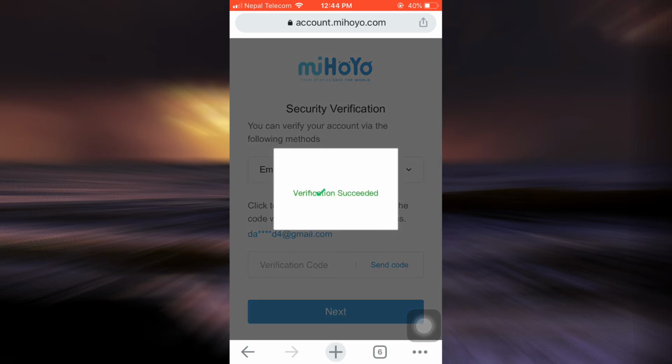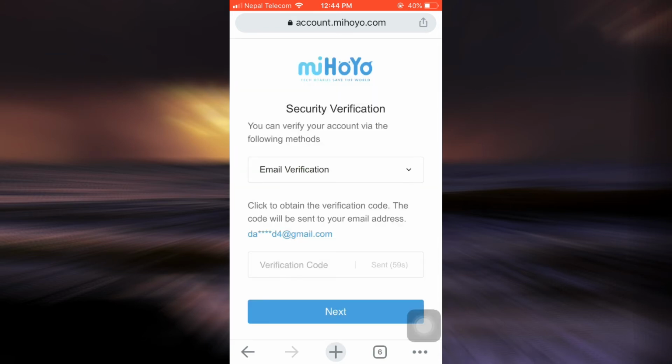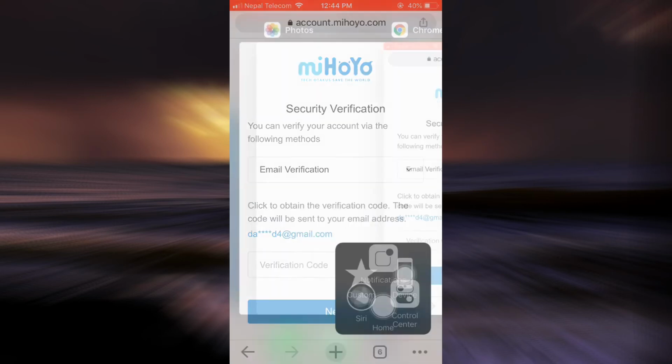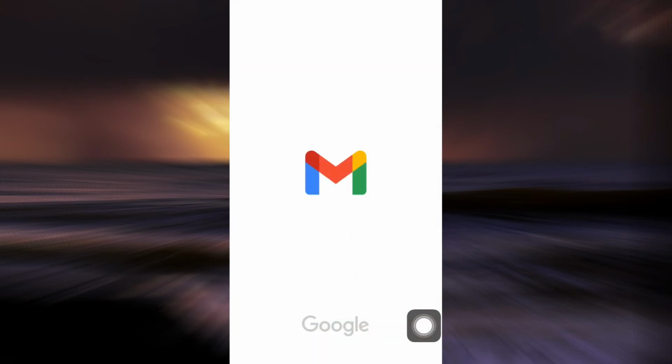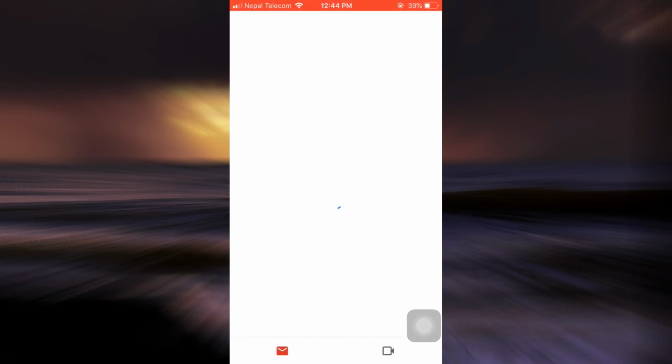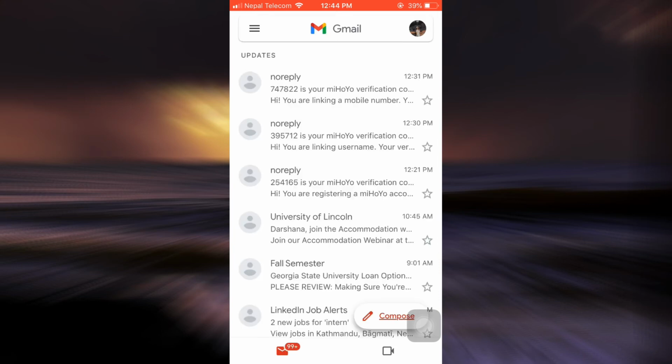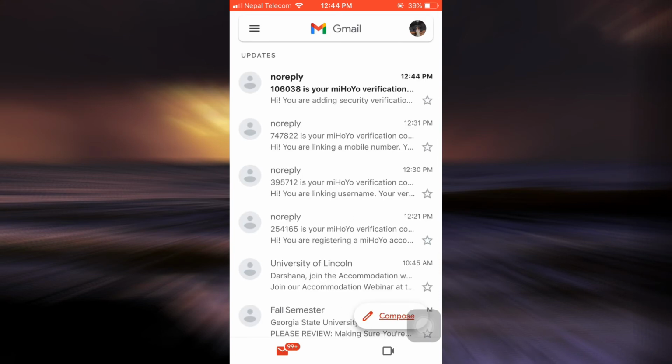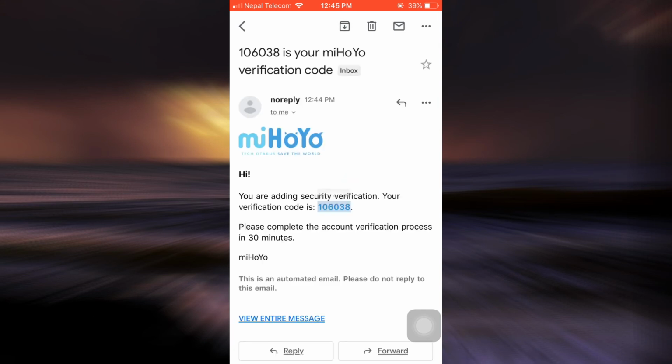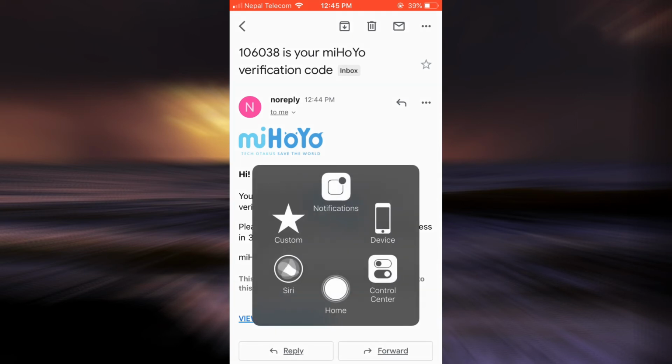When you tap on send code, after the verification succeeds, go back to your email and see for yourself if you have received any verification code from Genshin Impact. As soon as you receive a verification code, you will have to copy or even remember the code and then paste it on the same web browser. Here, as you can see, I've already received the code, so I'm just going to quickly copy this and go back to the web browser,